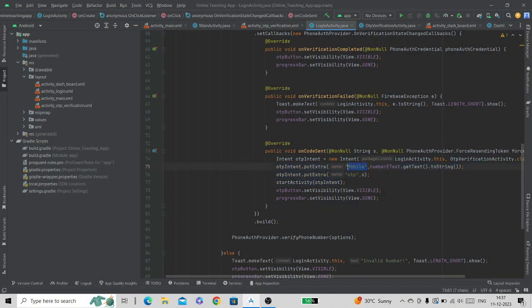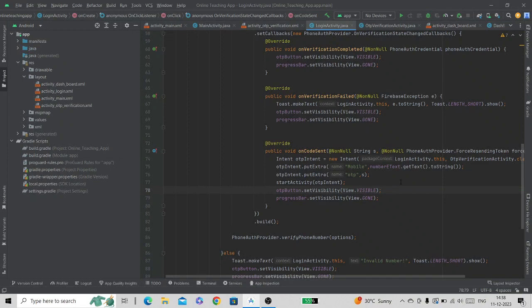Now you see the string inside this putExtra brackets. This string is called the key, and the key is useful to retrieve the data in the next activity. You can give any name to this key, but giving a name related to the data is preferred for understanding purposes. The other parameter inside this bracket is called the value, and the value is the data which we want to send to the next activity. This data can be anything like string, integer, boolean, float, etc. So this is how we send the data to the next activity, and now let's see how to retrieve it.